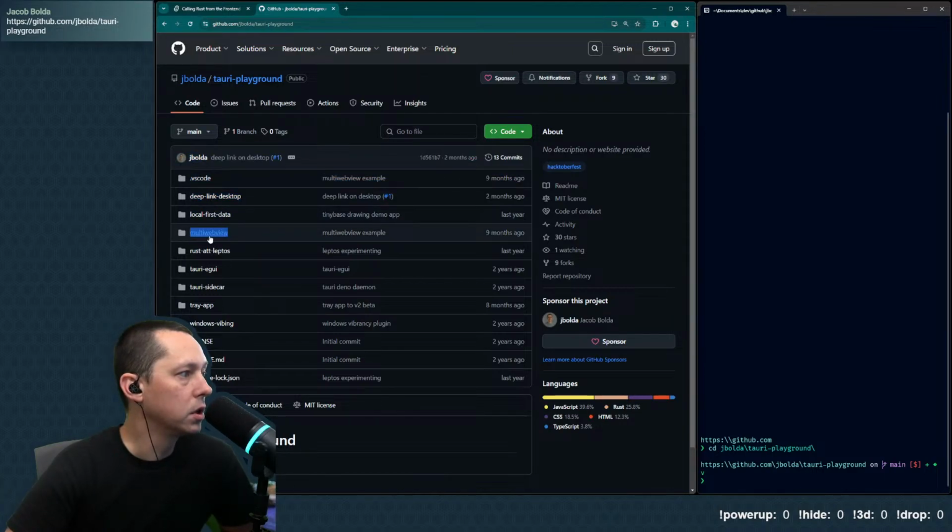Then we have a few other things like multi-web views and Tauri GUI. Windows vibing is playing around with the Windows vibrancy crate, I believe. And this is the most recent one. You can see some of these we just tossed up here and haven't touched in a bit, which is fine.